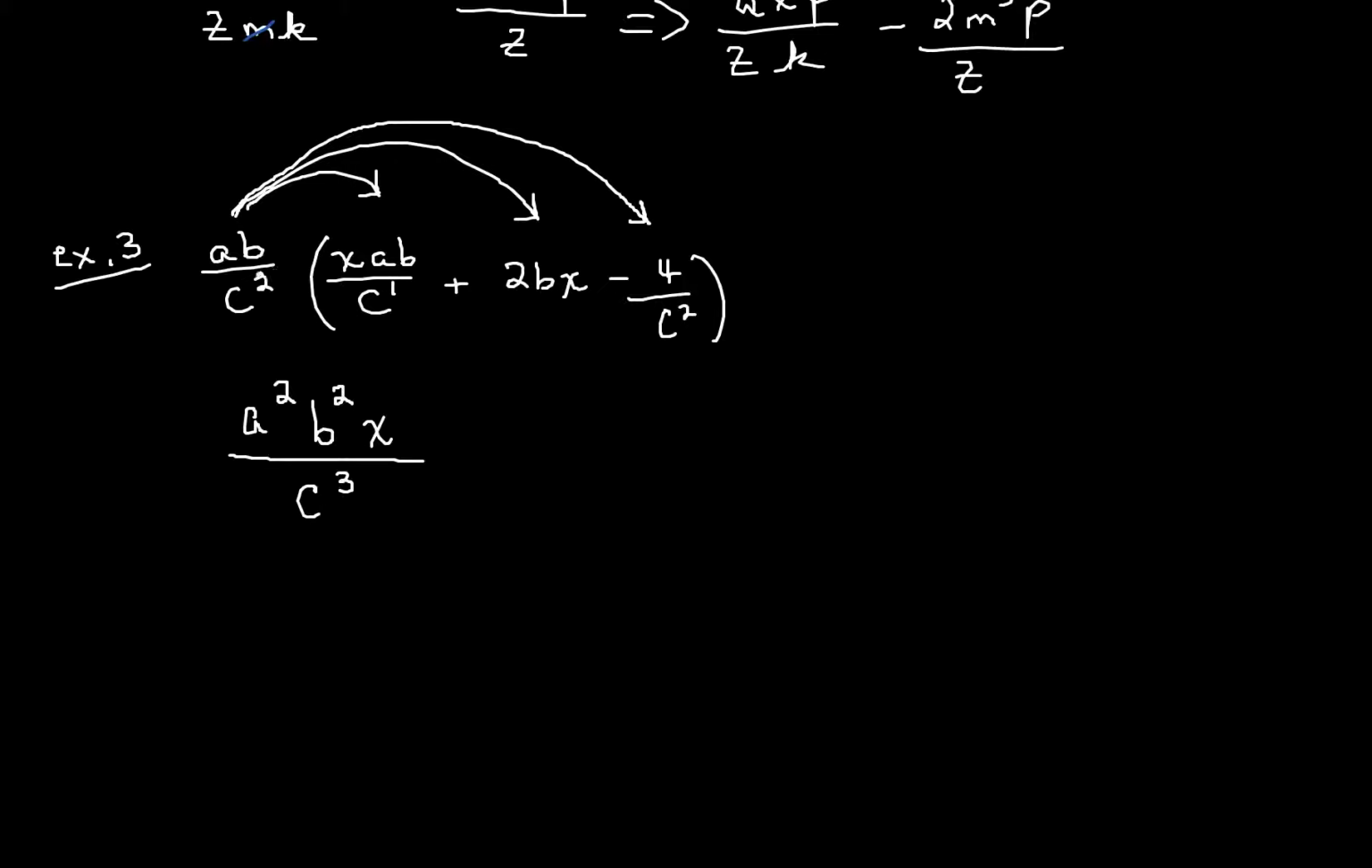Now we have 3 terms this time in the second factor, so we have to take the factor outside times the 2bx. So we're going to get plus,